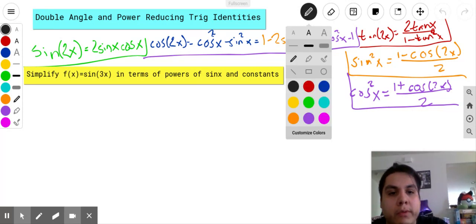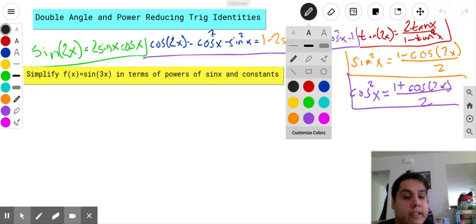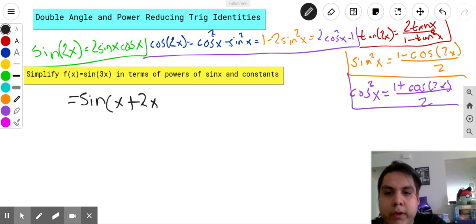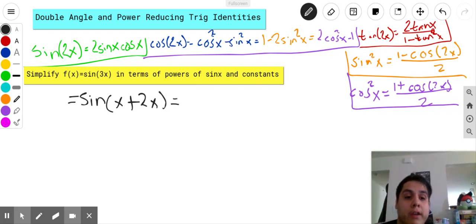So the first thing I'm going to do is take that sine of 3x and rewrite it as an addition problem. It's going to be sine of x plus 2x. So far, that is a true statement. And the reason I do so is because I can now use my double angle identities, right? When I see that 3x as x plus 2x, I can also use my sum and difference identities while I'm at it. So according to the sum and difference identities, I should have